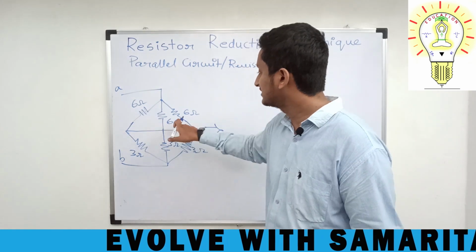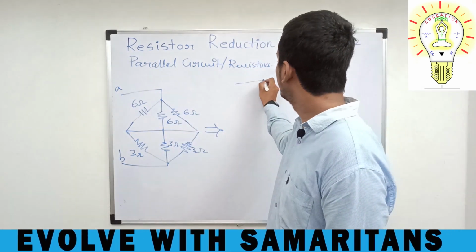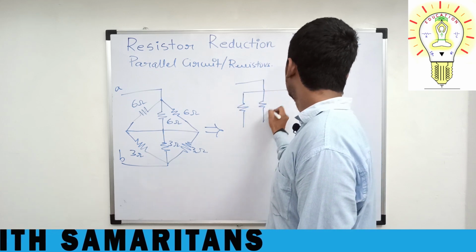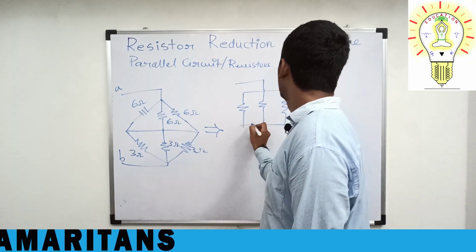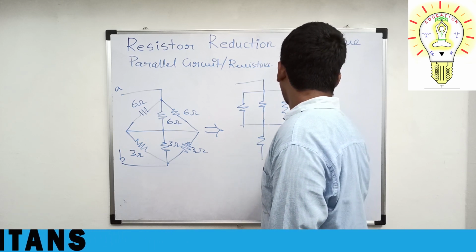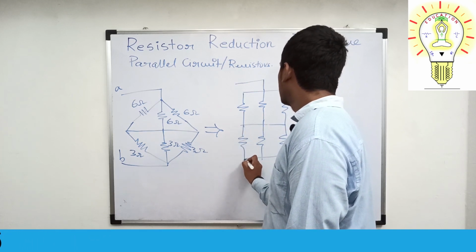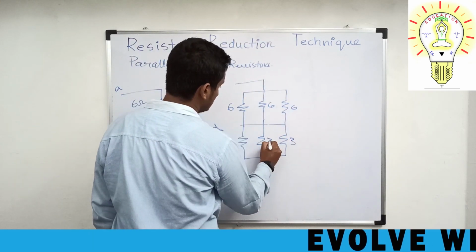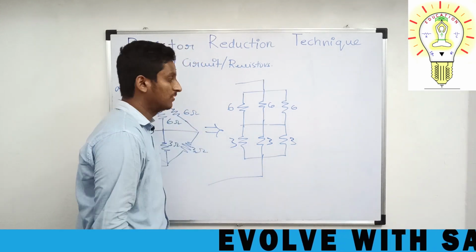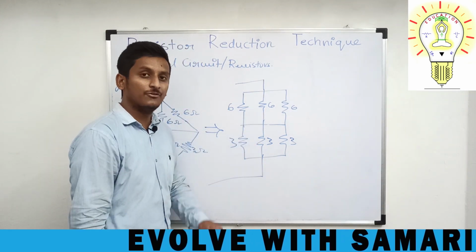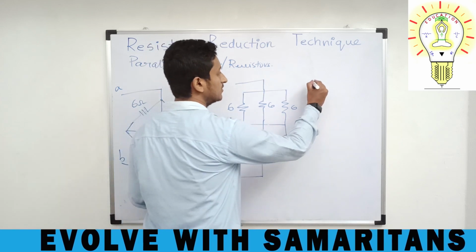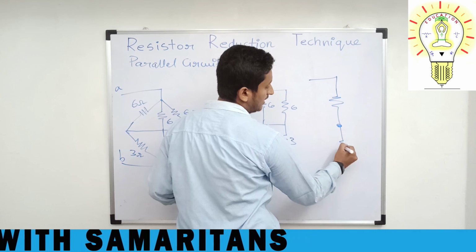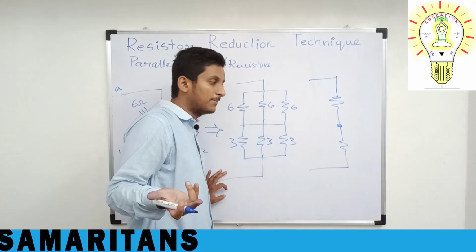Okay. So these 3 resistors are in parallel. If I apply that, I can draw this again like this. Isn't it? Most of the people get confused here. So there is no need to get confused. Right? Now these 3 are in parallel and these 3 are in parallel. If I want to solve it very fast, what can I do? I have to draw this resistor. Again, I have to draw one resistor and I have to simply apply the formula.